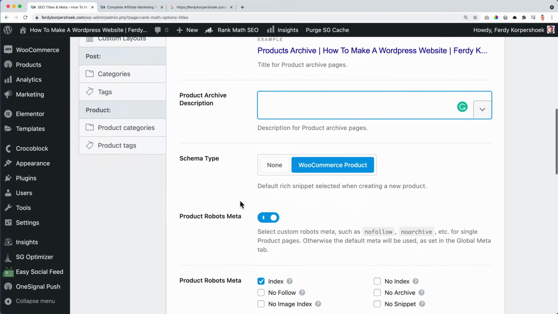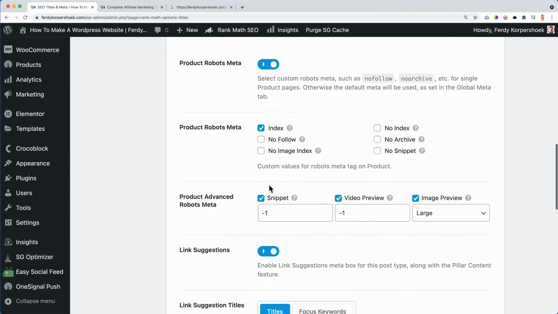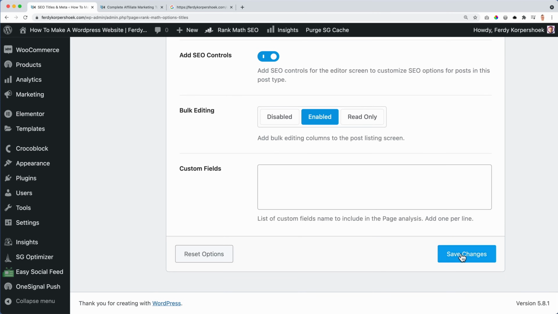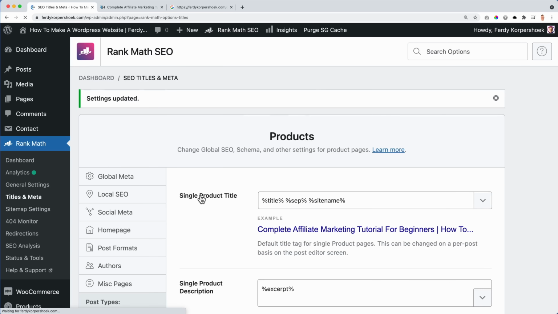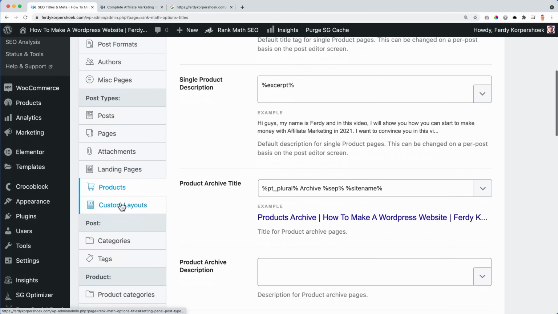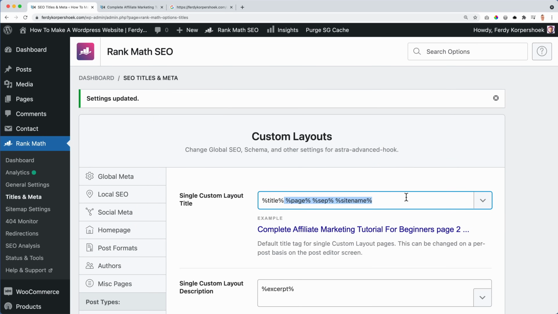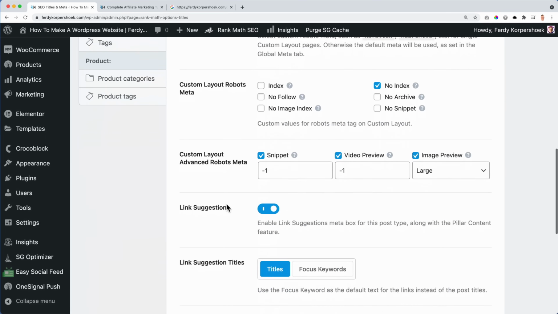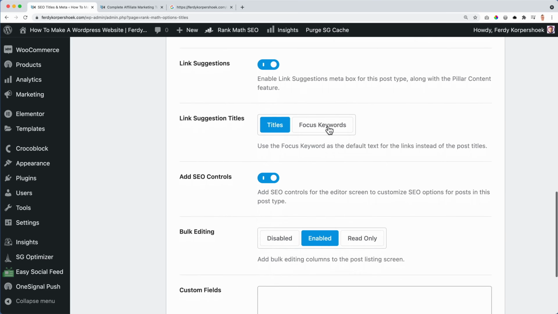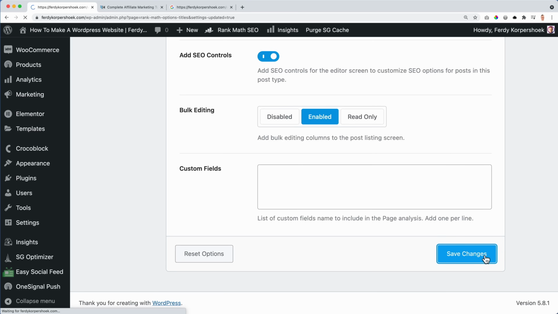No description, WooCommerce product. It's actually pretty straightforward, all this stuff. So I leave it all as it is. And then the custom layouts, I want to do nothing with this because it's not indexed. So again, only the title, no index. Save it.